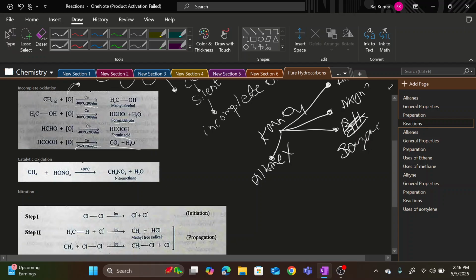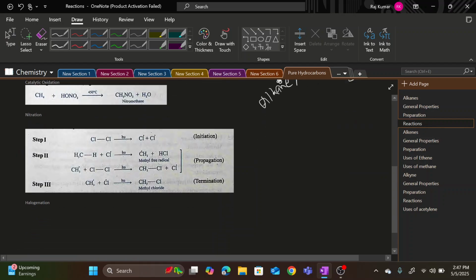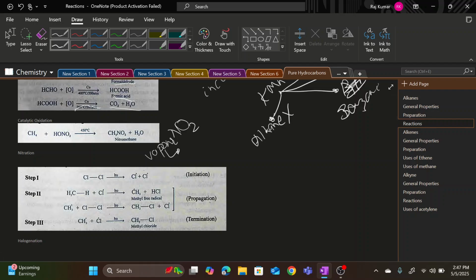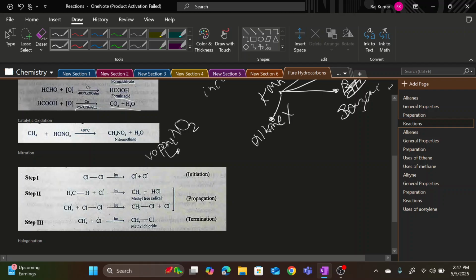All right, let's now move on to the nitration process. The process of nitration is again pretty simple. We take a source of the nitro group, NO2. This is basically known as a nitro group. We take this nitro group containing compound and react it at 450 centigrade in vapor phase nitration. This is known as vapor phase nitration because at 450 centigrade the nitro group does not exist in the form of liquid or solid. It rather exists in the form of vapors, which join with methane in order to produce nitromethane.